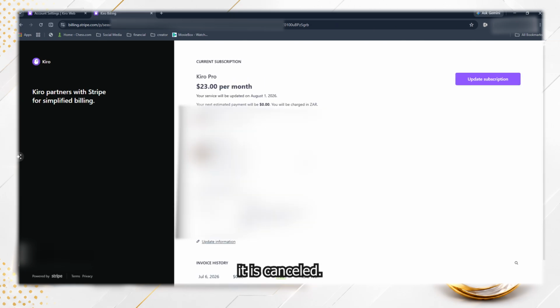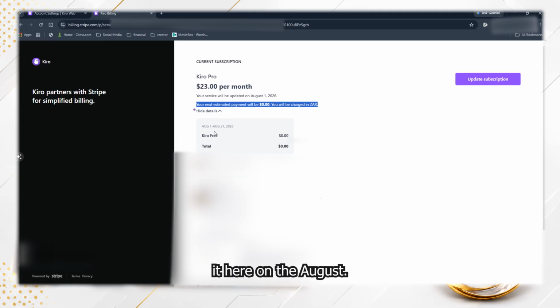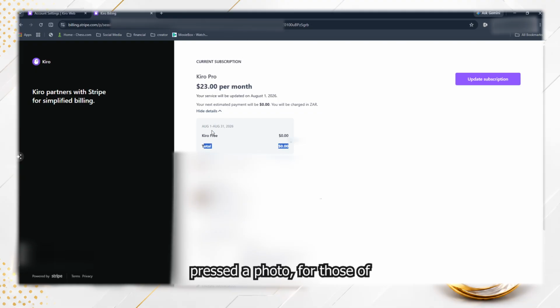It is cancelled. If you come here, your next estimated payment will be $0. You'll be charged in your currency, of course, and then you can confirm it here. On the August, you will only be charged $0, so essentially nothing. So for those of you who want to use this on the web or on your mobile,